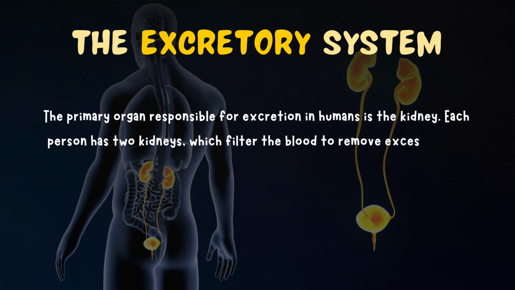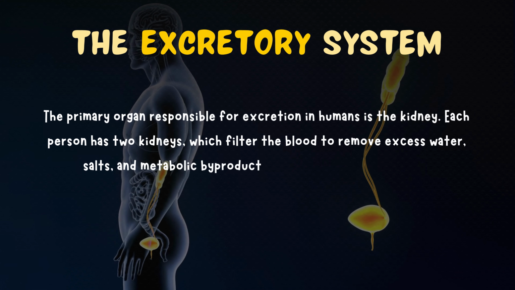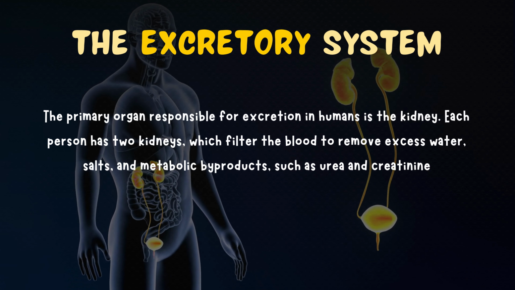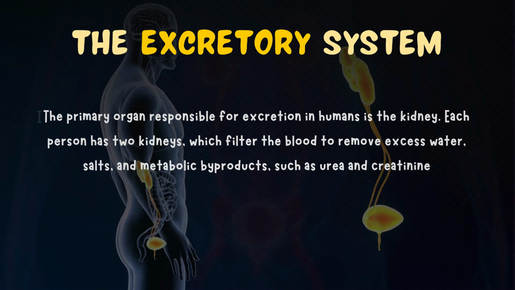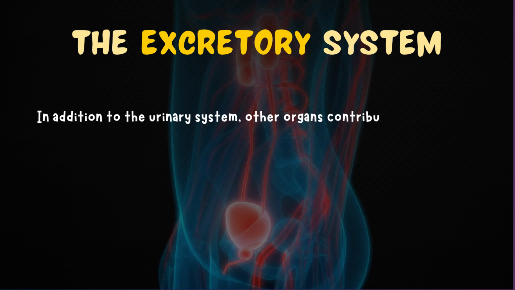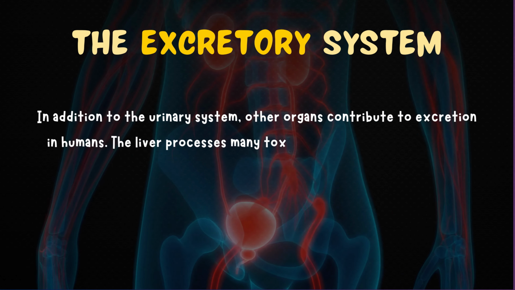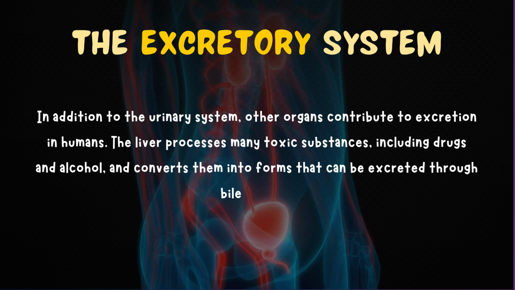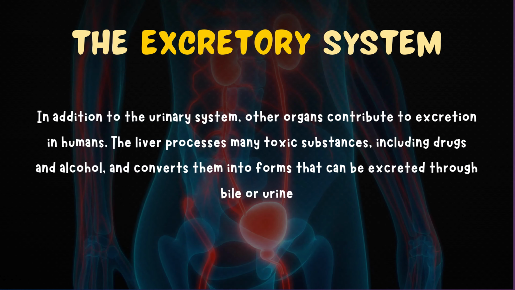Each person has two kidneys, which filter the blood to remove excess water, salts, and metabolic byproducts, such as urea and creatinine. In addition to the urinary system, other organs contribute to excretion in humans. The liver processes many toxic substances, including drugs and alcohol, and converts them into forms that can be excreted through